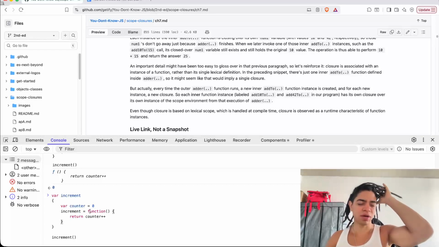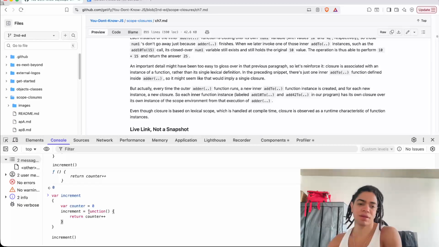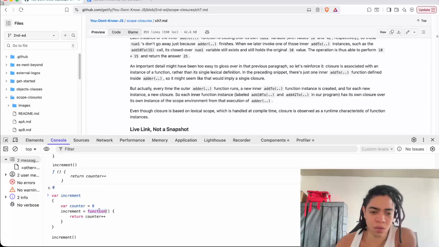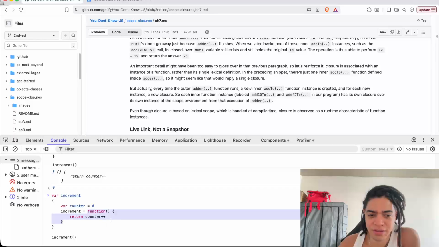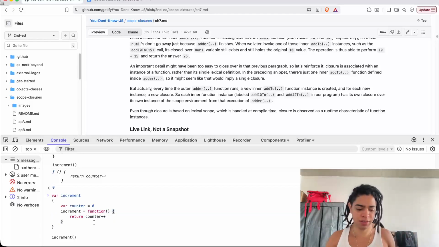This is one of the reasons why this mental model doesn't work. So what happened here is that with function definitions, anytime a function is defined, it's not only put at the top, but it's also